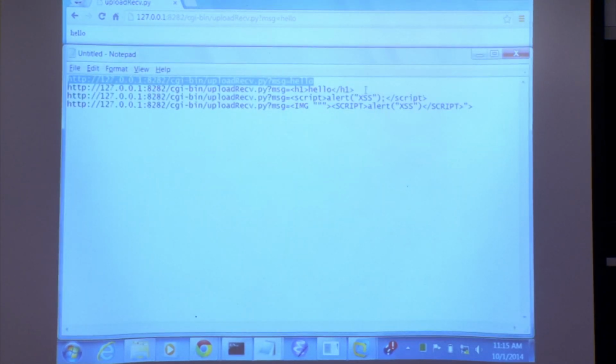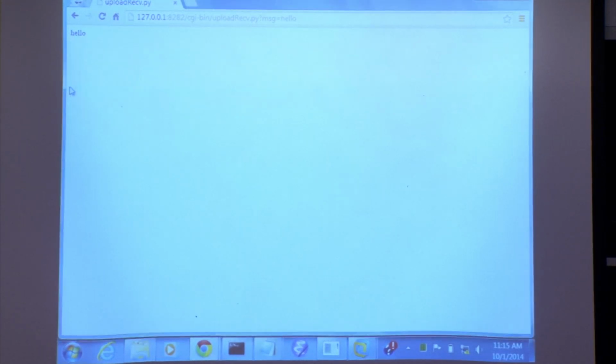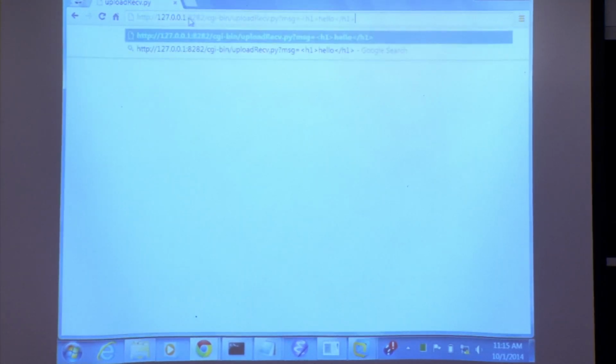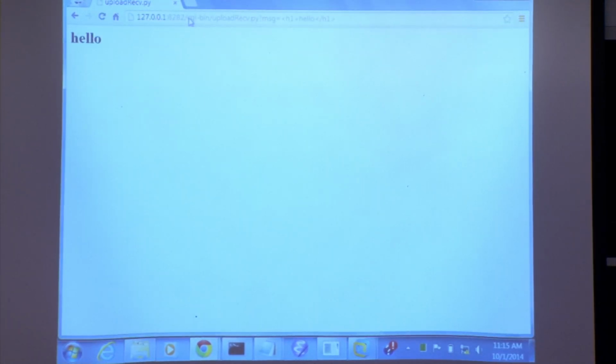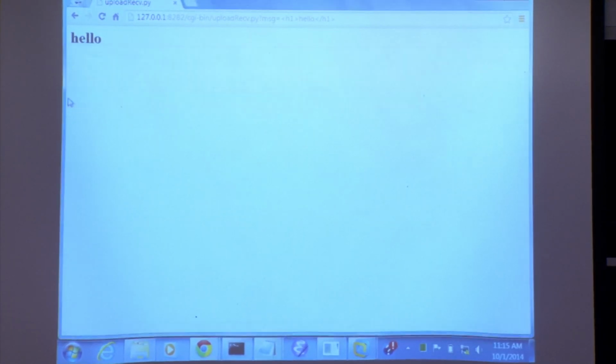Now let's say I realize that I can actually pass arbitrary HTML in there. So now I actually try to embed some styling in there, right? I say h1 and then hello, then slash h1. So that worked, right? Because once again, we're printing directly into the page. So now you might be thinking, okay, we're in business now. This is cool. So let's just directly embed some JavaScript code in there, right? And so I do this.